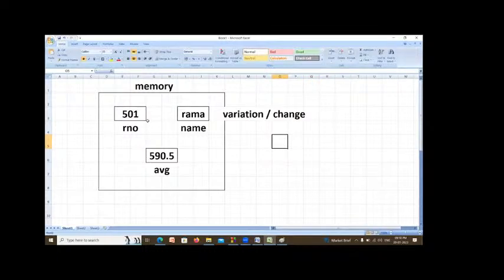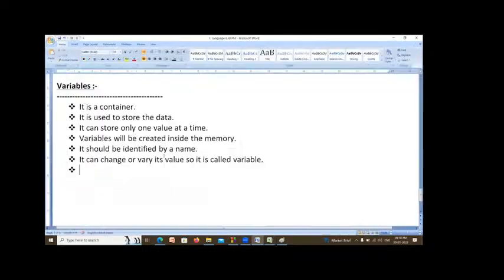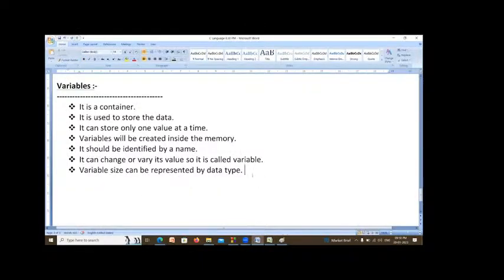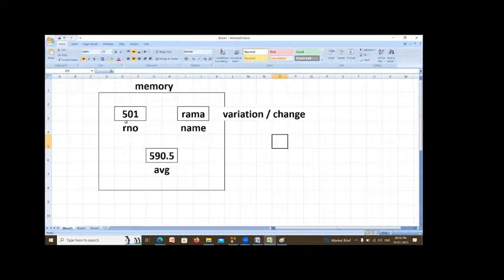Every variable should have a size. Variable size can be represented by data type. Suppose 501 is a number, no? A number can be represented as an integer, am I right? What is the name of the variable? Roll number is the name of the variable.